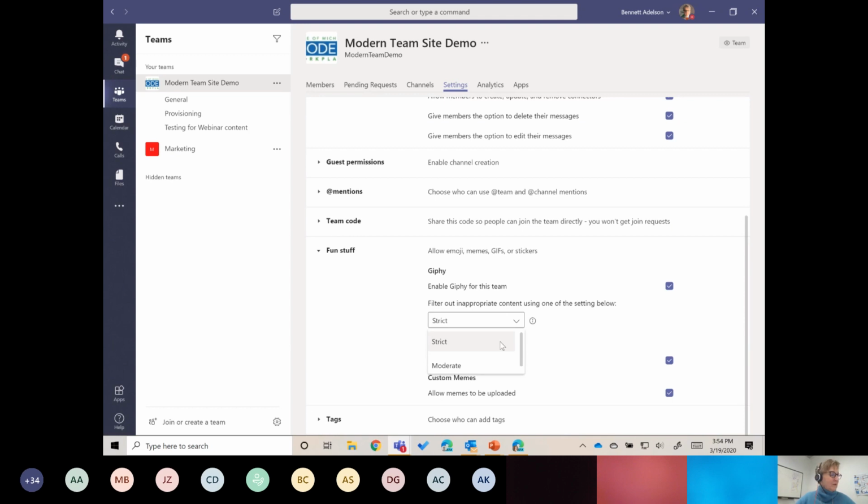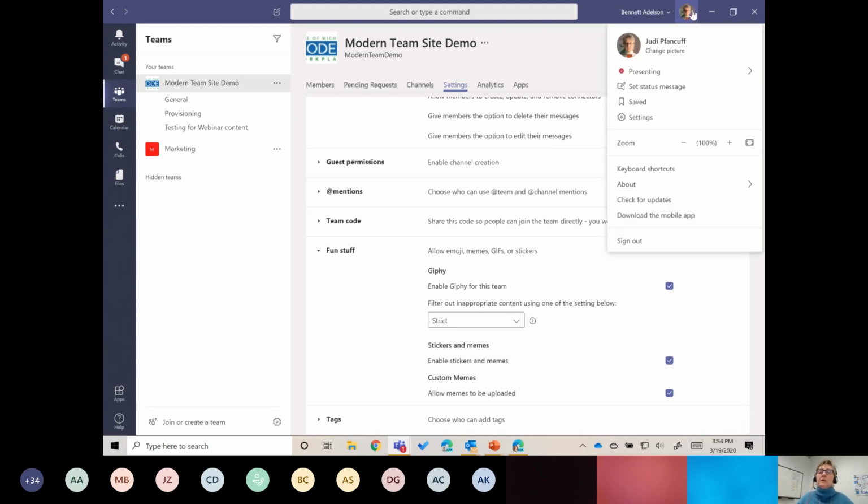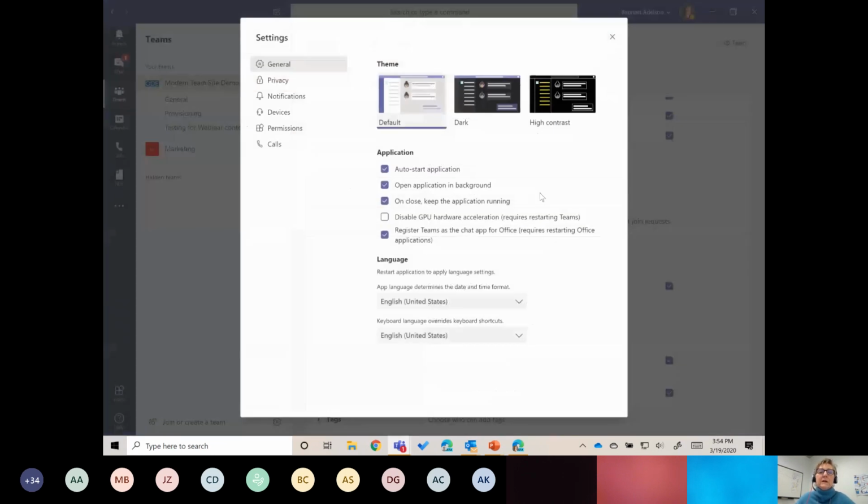So real quickly, I'm going to change subjects now and talk a little bit about your Teams profile. You get there by clicking on your avatar up in the upper right corner. You can do things like changing your picture. You can change your presence if you want to appear away when you're not away. It's easy to set. You can set a status message that appears in Teams. I wanted to just point out settings. This is worth looking at.